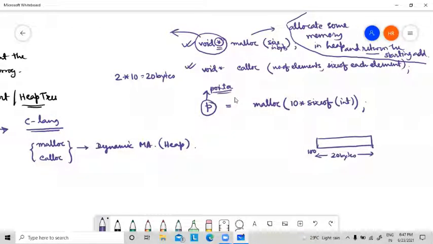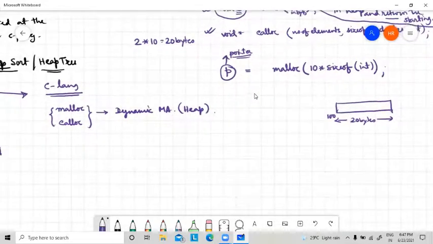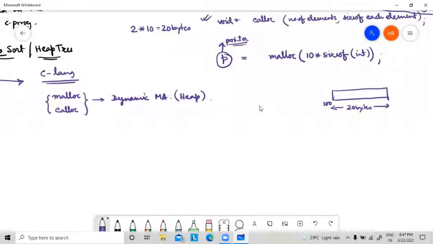Because malloc and calloc return the base address. I have discussed in the function class that whenever a function returns something, I have to store the value in a variable of the same type. So here also, if I am returning some value, and this is nothing but the address, I have to store it in a variable p.